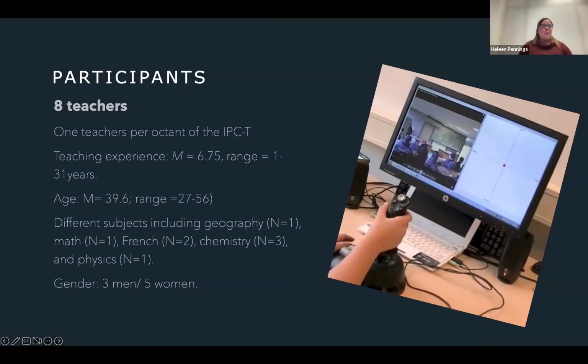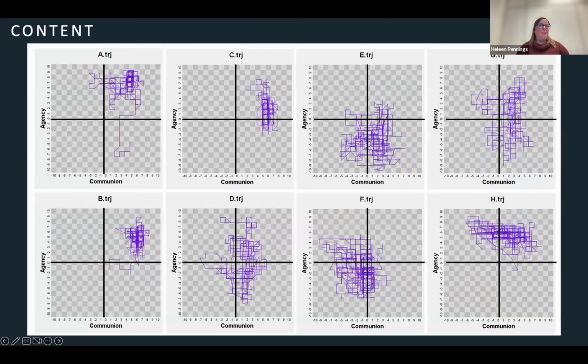Let's see, there were differences in subject, and some were men, some were women. Teaching experience ranged also from beginning to more experienced. We couldn't control this, like make sure that it was all the same in teaching experience, because generally people who have a lot of experience are not in the, well, less positive interpersonal styles. Sometimes people just have to develop through working.